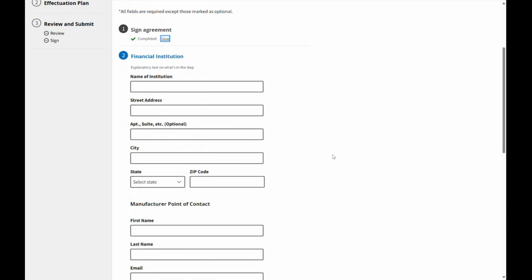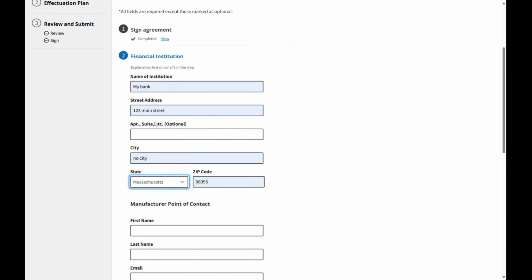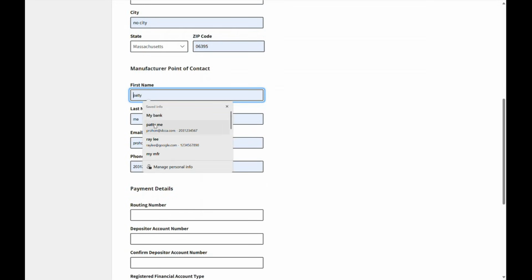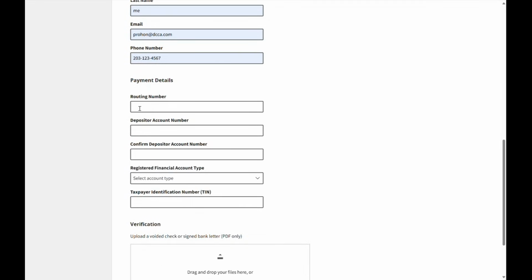Next, you will need to provide your financial information. You will need to provide your point of contact, and you will need to provide payment details.